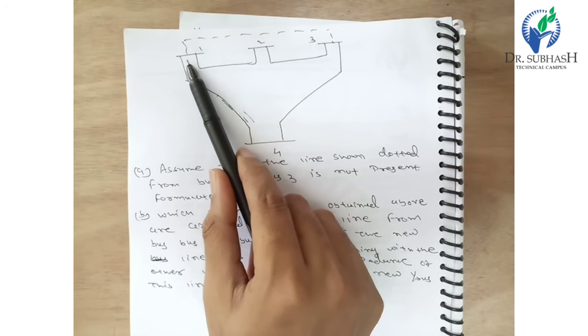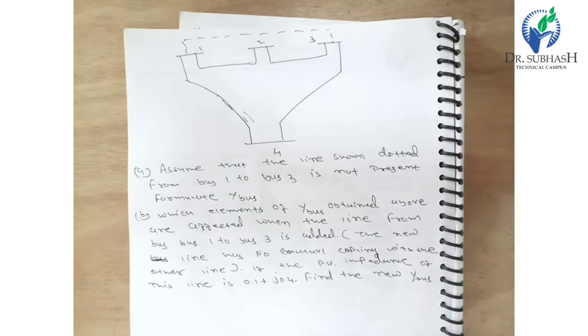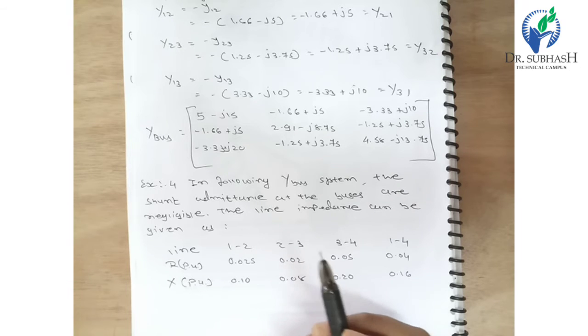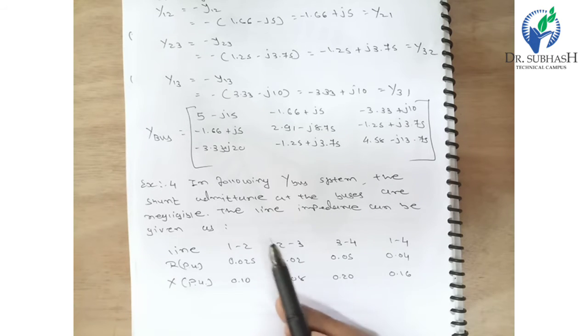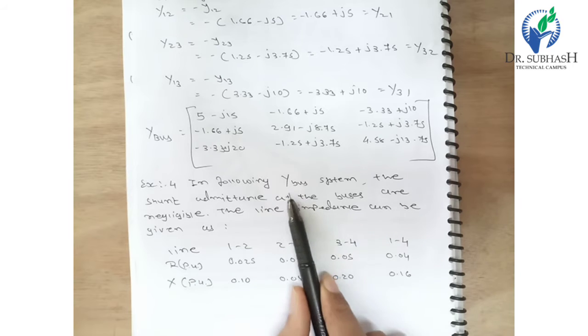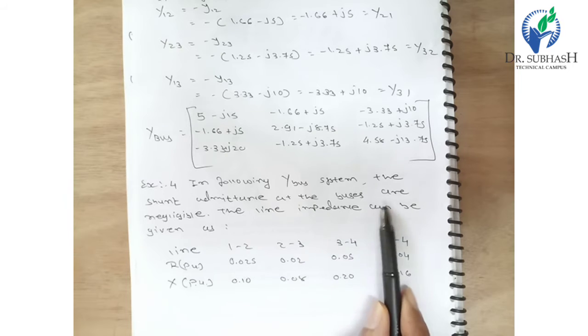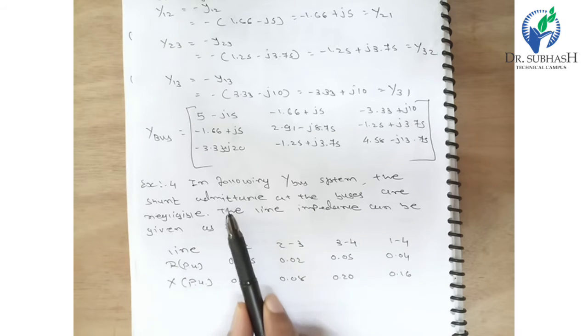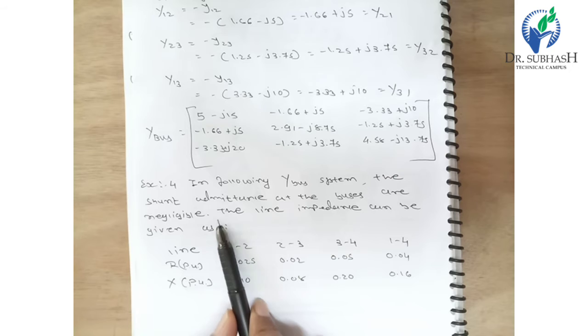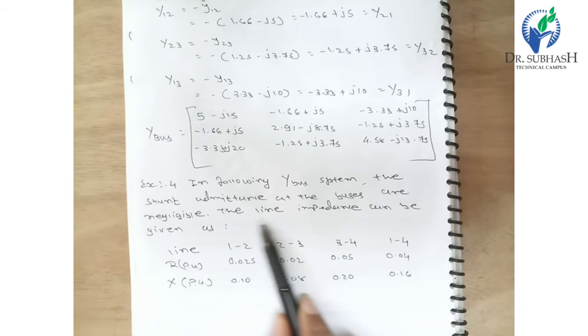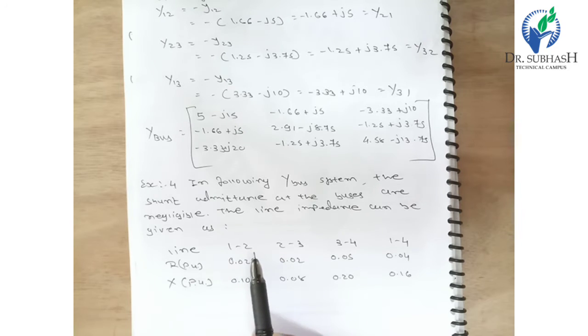Here we previously discussed 1 to 3 node. In this interconnected system network, we should find the following Y bus system. The shunt admittance at the buses are negligible. Here the shunt admittance of these buses we should neglect. In the given data the line impedance can be given. Line impedance of the resistance and reactance in a per unit system are, for the bus 1 to bus 2, the resistance in per unit is